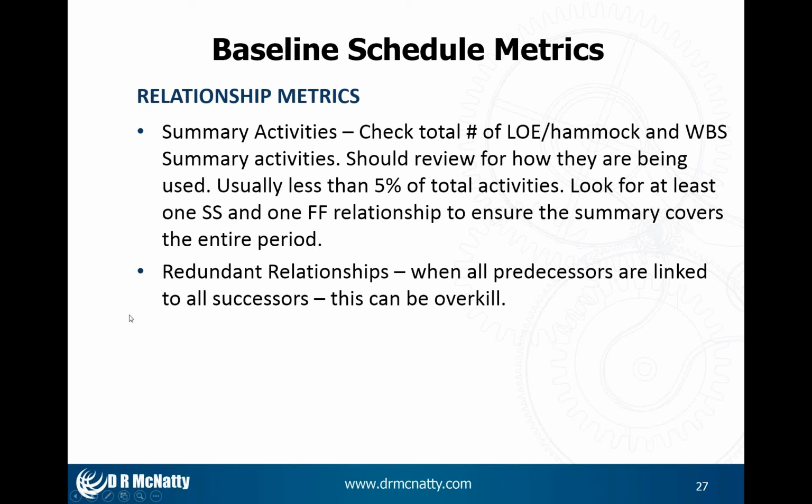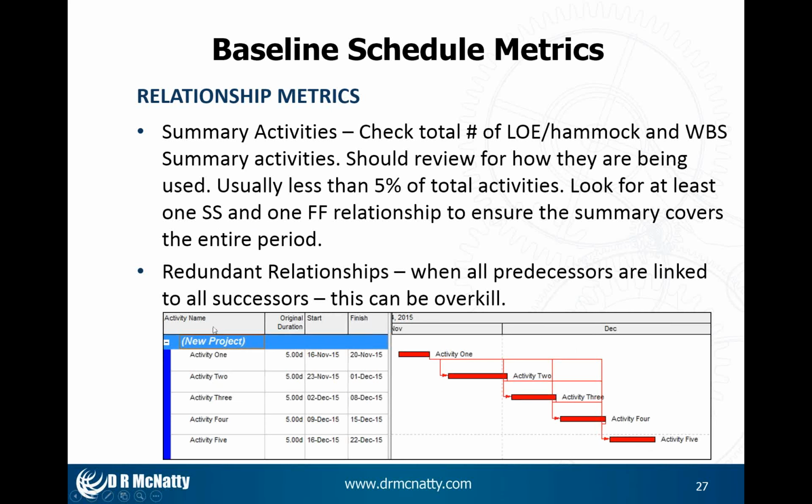Redundant relationships. I've seen this a few times, and I just don't know what people are thinking when they do this. But basically, I'm looking at activity 5 and they say, yes, it's preceded by activity 4, but you know what? It also can't start until activity 2, 3, and 1 are also done. So, in this example, and I've seen this happen, activity 2 has 1 predecessor. Activity 3 has 2. Activity 4 has 3. This is a lot of work, and it really ties down a schedule